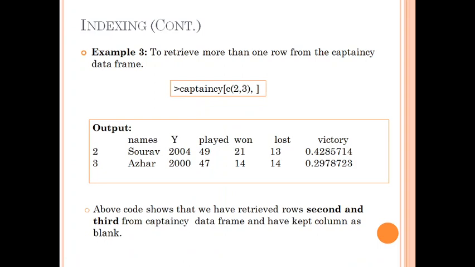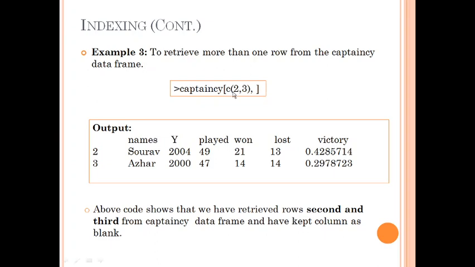In numerical indexing, suppose we want to extract more than one row, then we can give those many row numbers into the row number position, but not as a single or comma separated value, but in the form of a vector. You can see here the code in which we have given the name of the data frame, and as we know, in square brackets the first part forms the row number, in which there is no single value but a vector is given, and again the column number is kept blank as we want the entire rows to get displayed and not a specific column from that row.